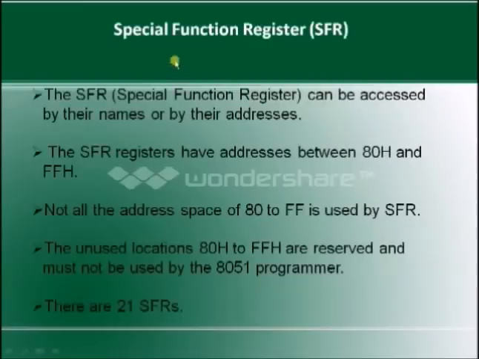Now apart from all these registers, it is also provided with some special function registers, and all these registers are available from the address space 80H to FFH. All these special function registers or SFRs are called memory mapped registers. Why? Because each and every register is provided with an address. All these registers are mapped onto the memory, that is from 80H to FFH.